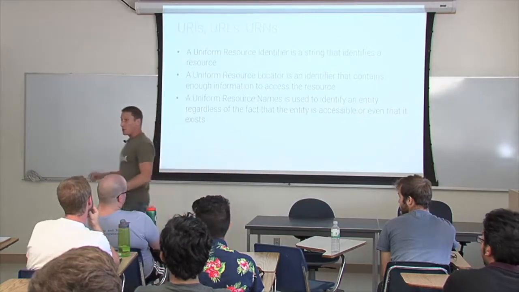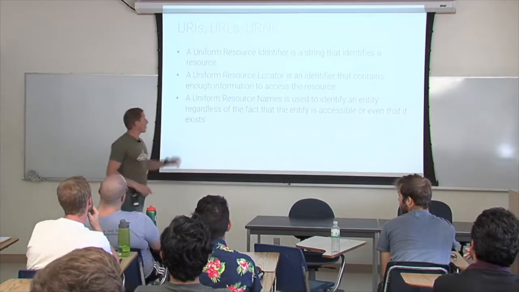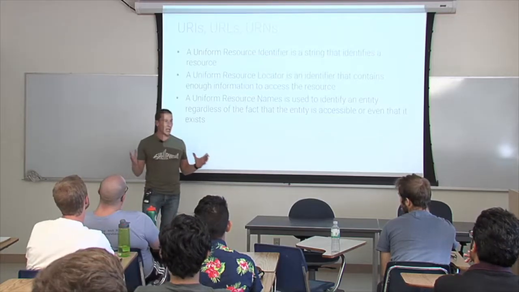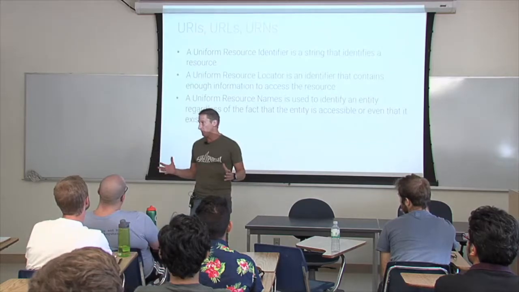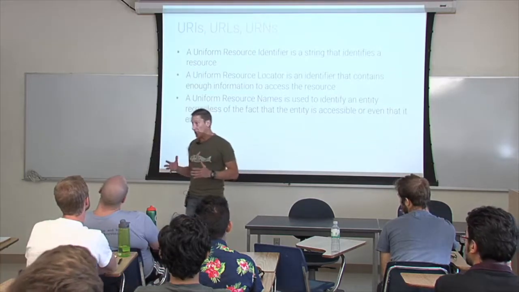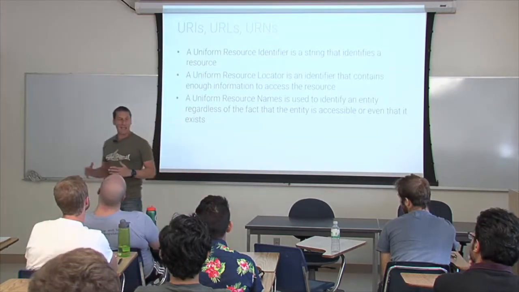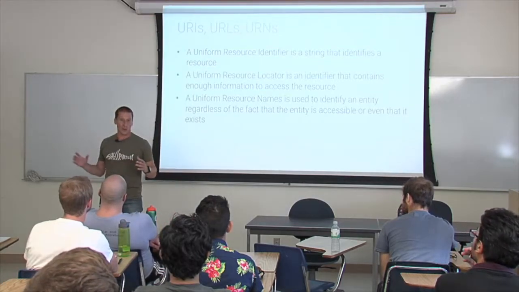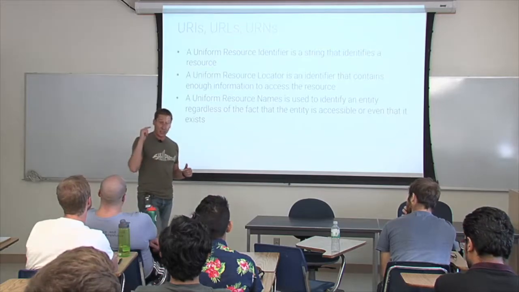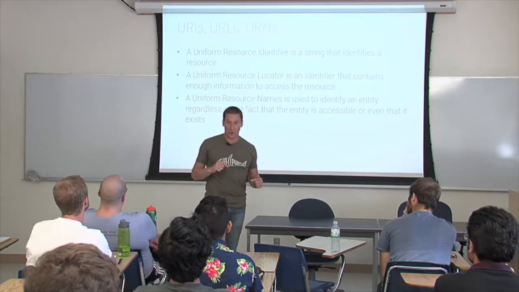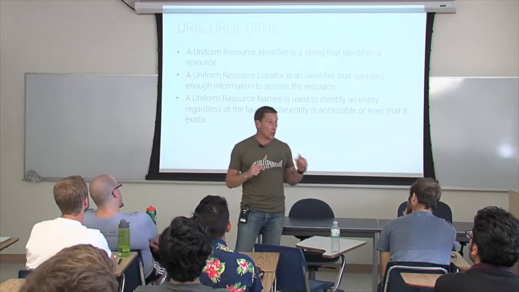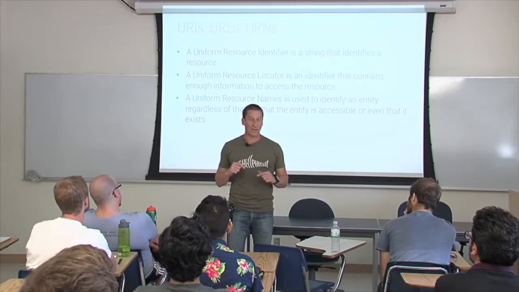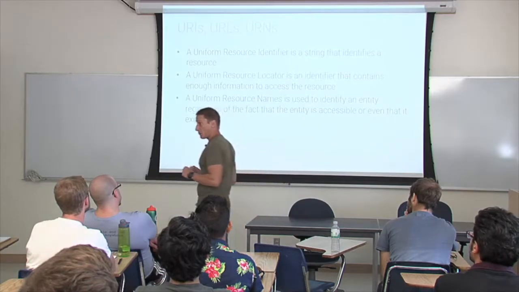Okay, so the URI is the generic way in which we identify resources on the web. If you look at the RFC that describes this, they say a URI is just a way to say there is a name for this thing somewhere on the internet. So it's a uniform resource identifier. The URL is a uniform resource locator, and so it is actually something that tells you how to get to that particular resource.